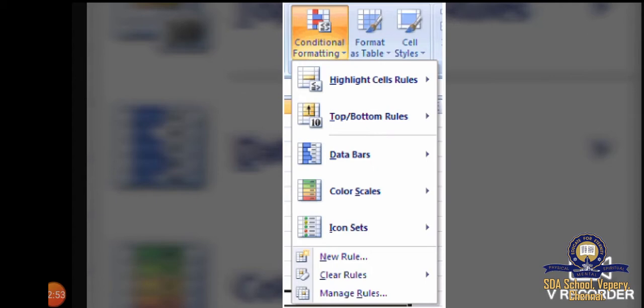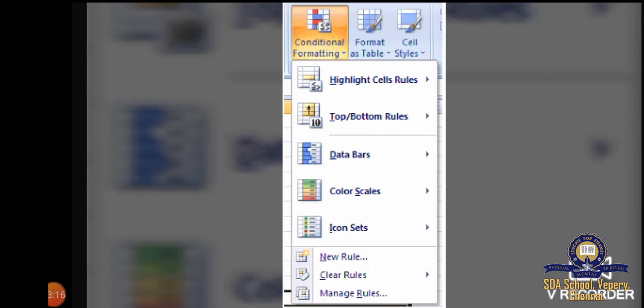Okay, conditional formatting. How to apply this, we are studying. Select the range of cells that you want to format. Click on Home tab. Select Conditional Formatting button from the Styles group. A drop-down list appears as shown.